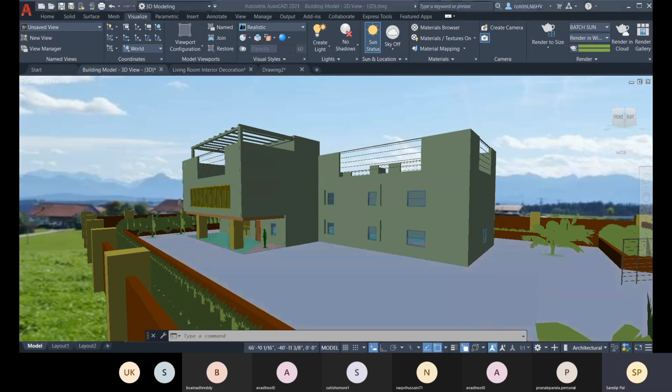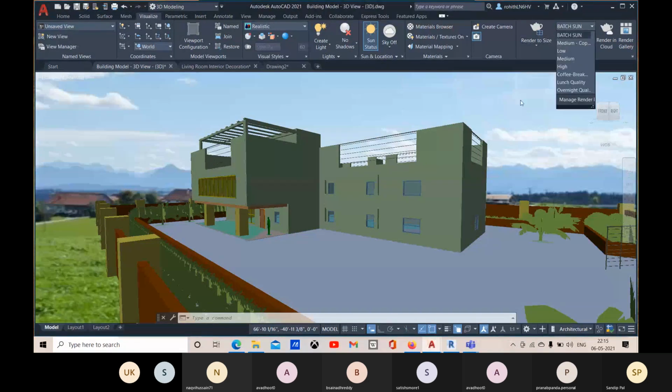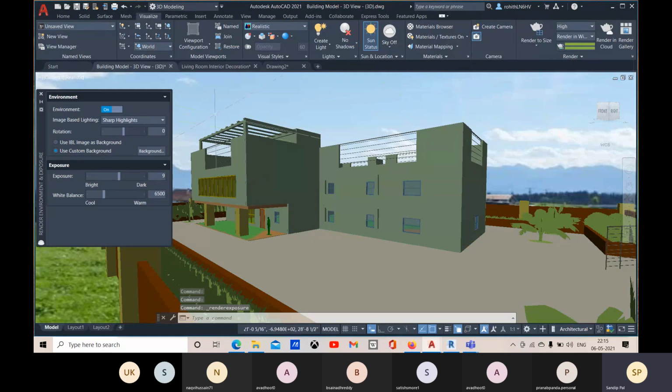Okay, so let me share the whole desktop screen. Okay. Let me choose this high quality, and this is the render window you can open up and render environment, and this is right now selected. So we are right now using this.